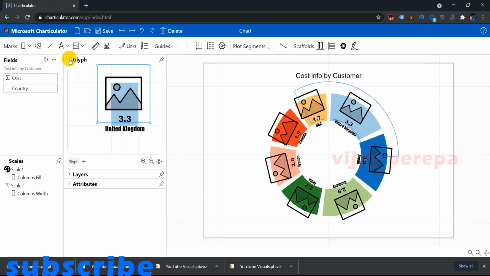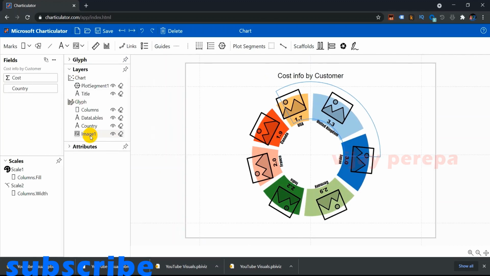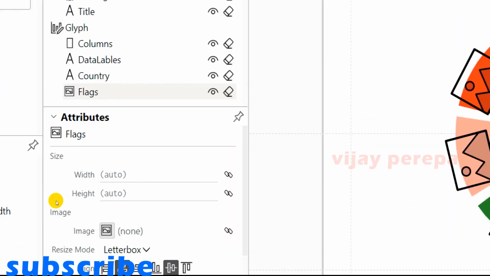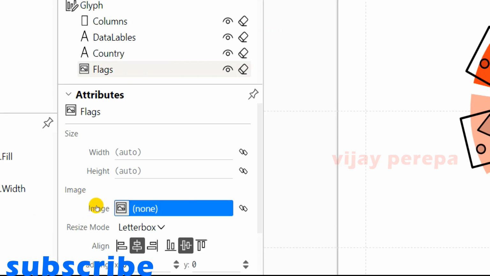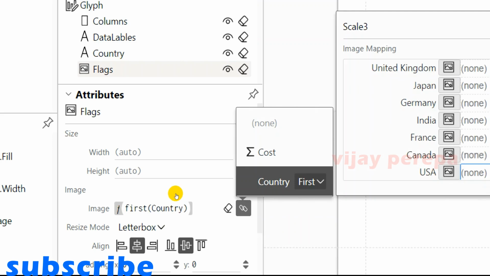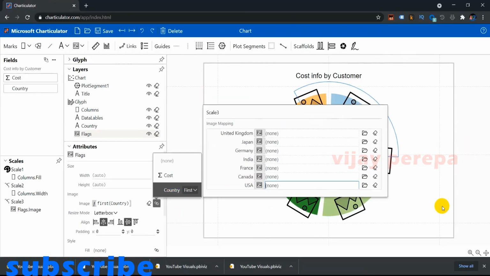Now I need to configure this. For that, I need to go to layers, select image 1 and change the name of image 1 to flags. Now I need to change the image. So in the image section, I need to add multiple images. For that, go to this link, that is binding the data based on a specific column, that is country. So if I click on country, I can get all the list of countries which are available in the data, and I can select the folder and